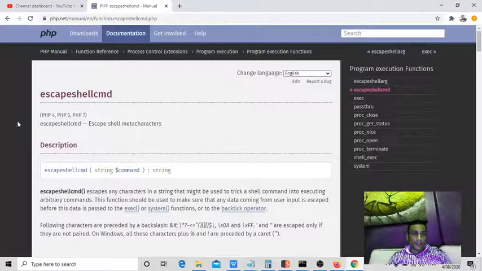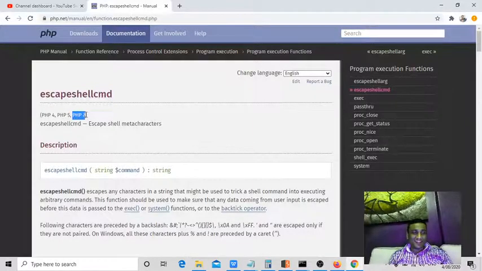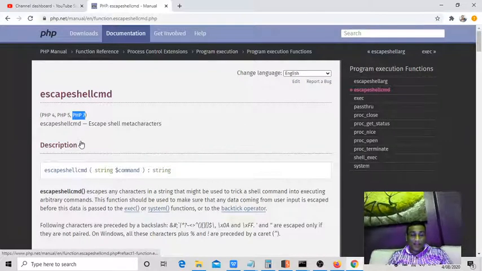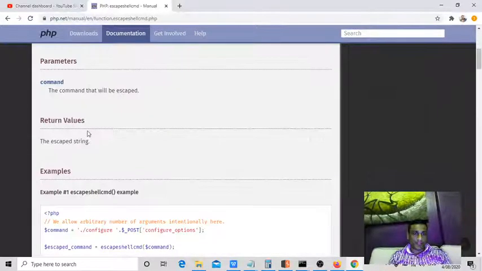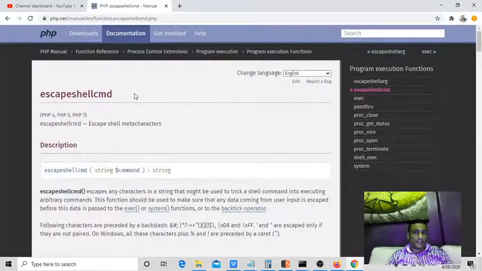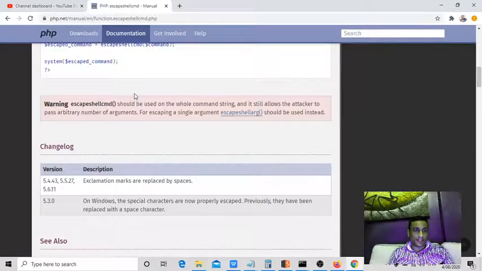This is supported in various versions, PHP 4, PHP 5, PHP 7. These are very old versions. If they are using PHP 4 and 5, you can hack it no matter what, you don't have to worry about the escapeshellcmd itself. I'm just saying the language should be upgraded to the latest version, PHP 7. How can you check it, guys? When you look at the version disclosure in the headers, you will find out which version of PHP they are using.